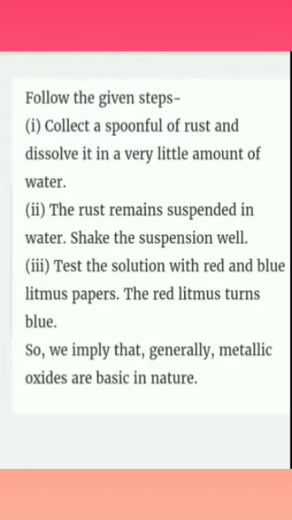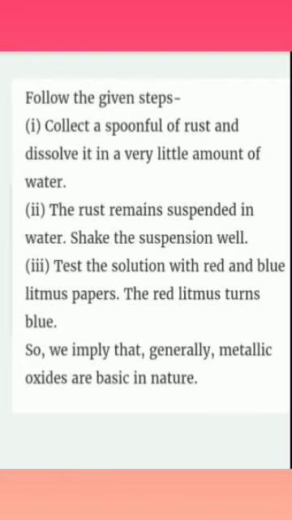So, metals react with oxygen to form metal oxides. These metal oxides are basic in nature. How do we identify that metal oxides are basic in nature? First, we take any one metal, and it reacts with oxygen to form metal oxide. Take this metal oxide and dissolve it in water, and then test the dissolved solution with blue and red litmus paper. This solution turns the red litmus blue, but the blue litmus paper does not change color. From this we understand that the metallic oxides are basic in nature.